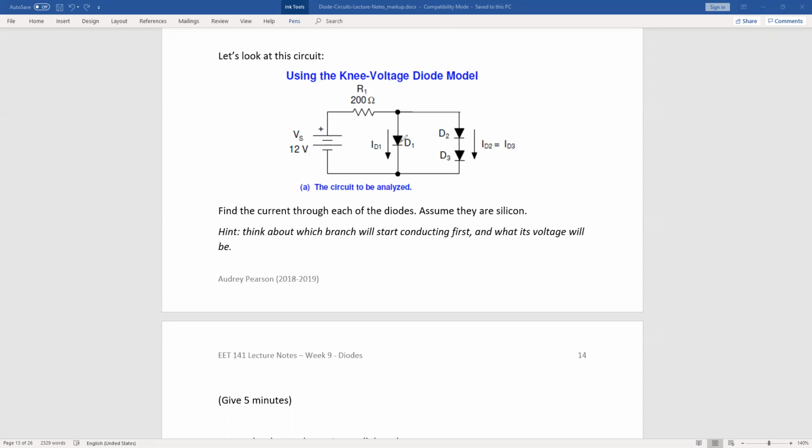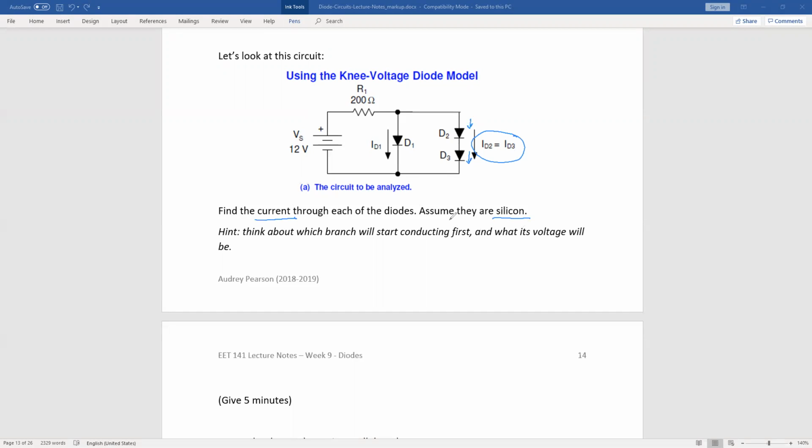So we've got one diode right here, and then in parallel with that single diode, we have these two diodes that are in series. So whatever current is flowing through this diode is going to be the current flowing through that diode. So that's what this ID2 equals ID3 is saying over here. Okay, so we're assuming that these are silicon diodes, and we're curious what the current is going to be through